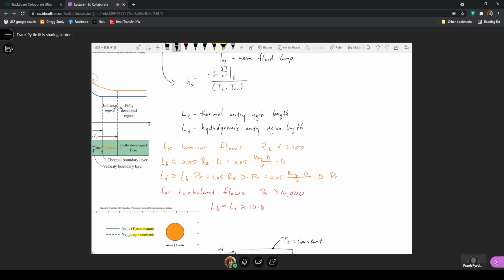And if it's a turbulent flow, where the Reynolds number is greater than 10,000, fully turbulent, the hydrodynamic and the thermal entry region lengths are both approximated to just be 10 times the diameter of the pipe. And so we would compare that length to the overall length of the pipe. Typically, if the pipe length is 10 times the value of the entrance region, we can completely ignore what's happening inside the entrance region. So here I'm just going to write up and consider